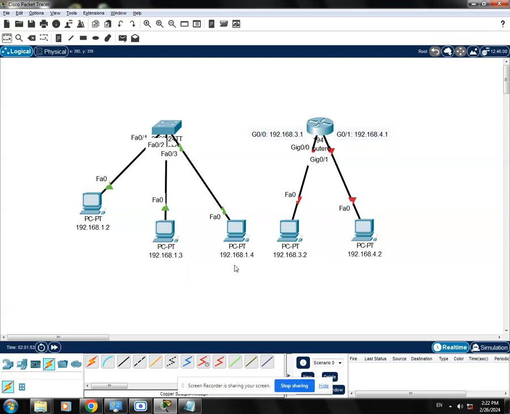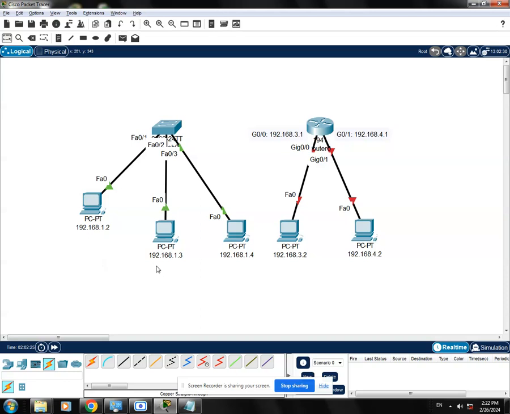on this PC, and this IP address on this PC, and I haven't configured the IP addresses yet, though. If this PC has this IP address, and this one has this IP, they should be able to communicate with each other. Why? Because based on the IP, they are on the same network. Why? Because they start with